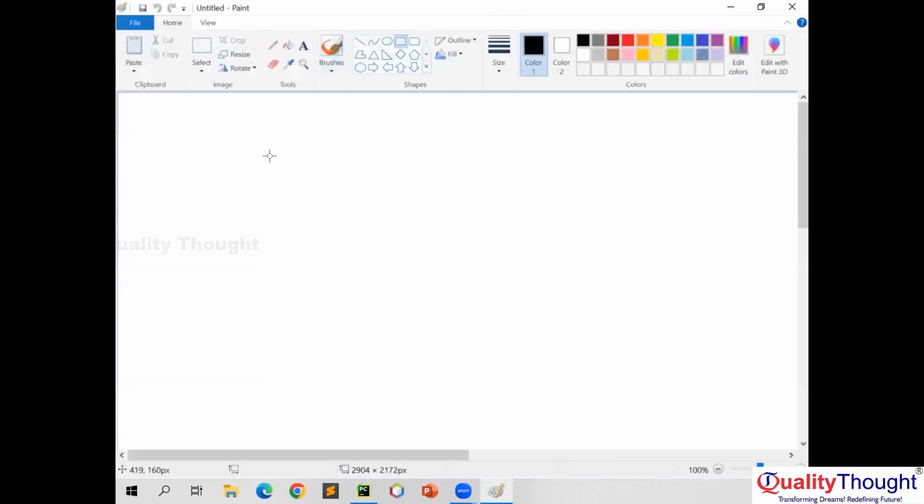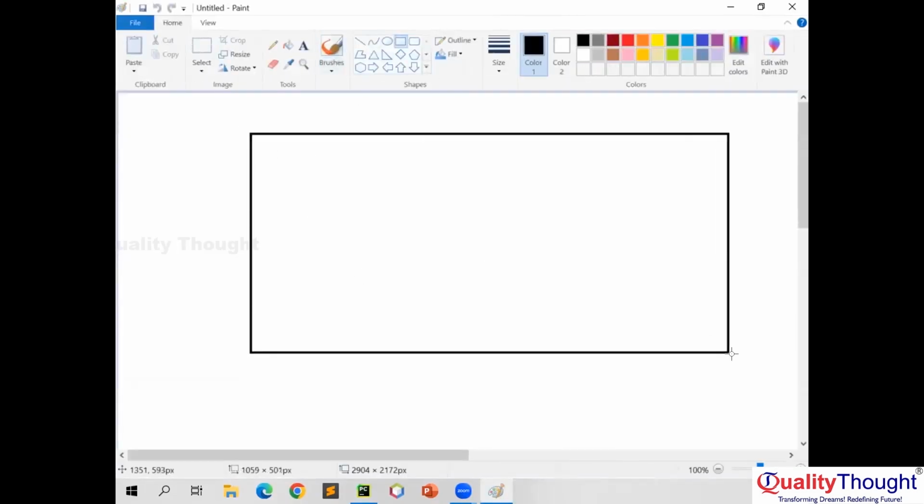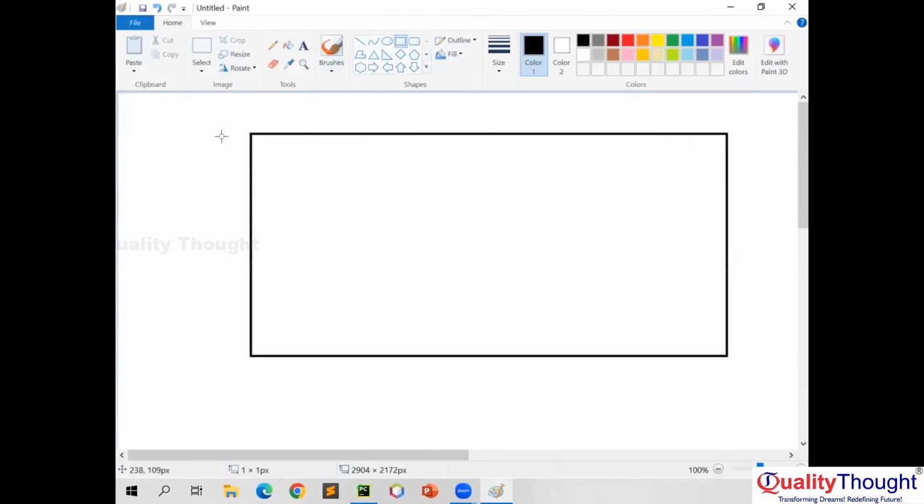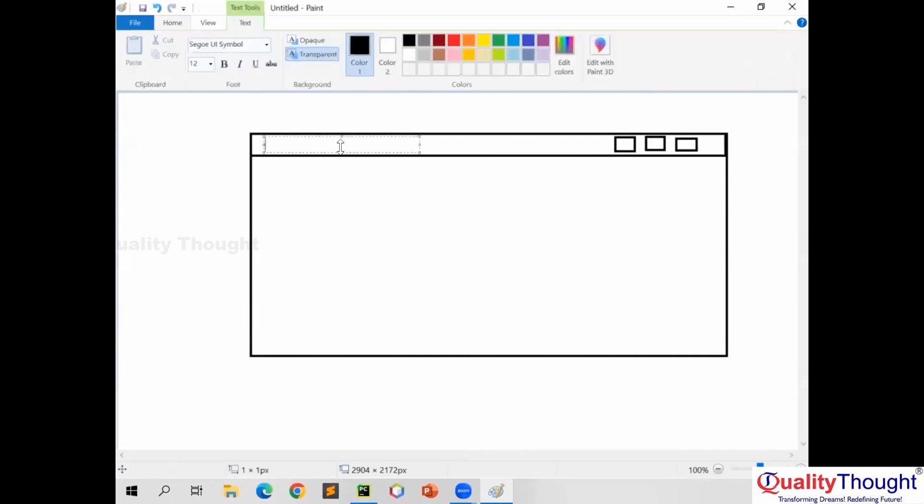So before going to our application, we have to build some blueprint. This is a blueprint, and we are designing our application over here like this, a particular window. You need to take that particular window over here like this with a header, minimize and maximize. And here we are going to take some kind of a title over here, that is GUI